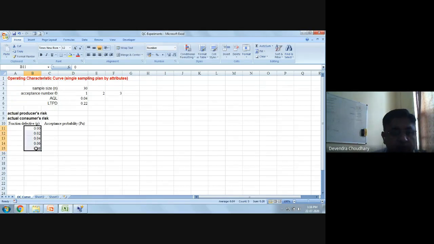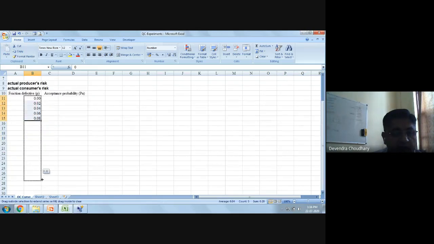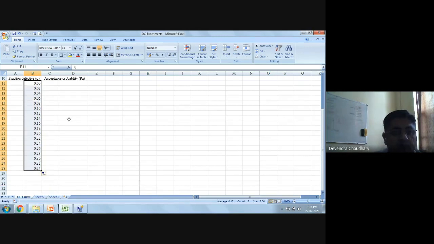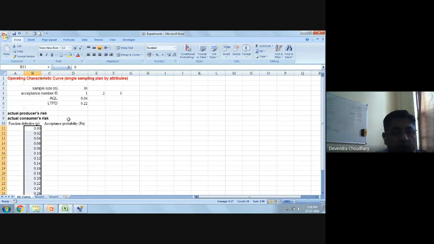When you drag all these, selecting and then dragging, you can get a few values, right? So these are the fraction defectives. Now, in order to get the probability corresponding to sample size n and acceptance number 1, I will use here